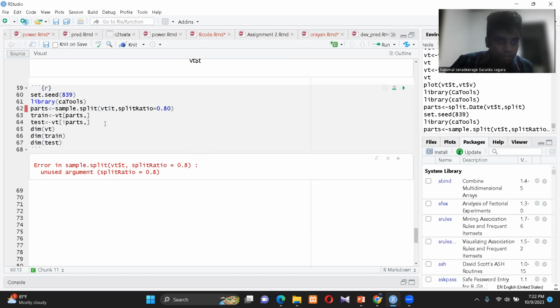Parts, what's wrong with it? Split. What's the unused argument? Split. Split ratio equals